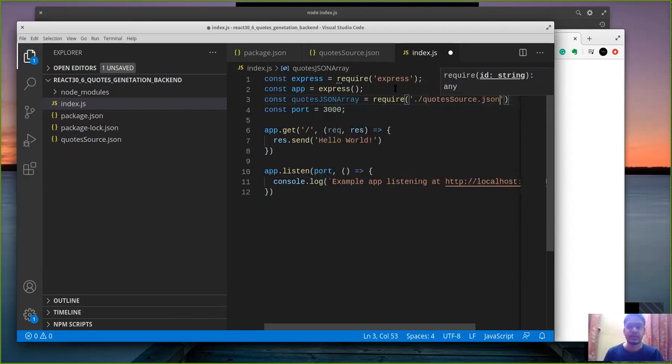In our case, quotes source.json. Now just to see what this file contains, we will log it.